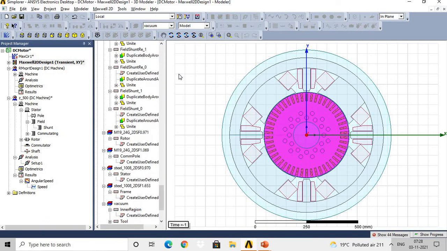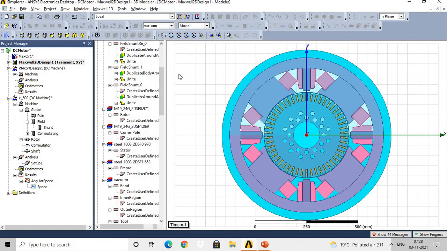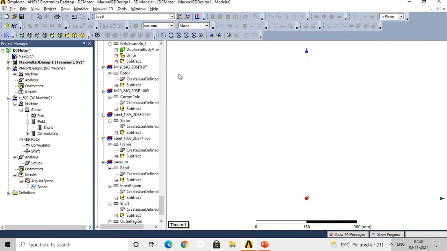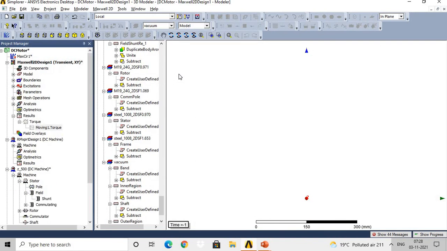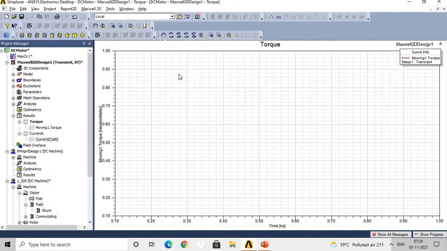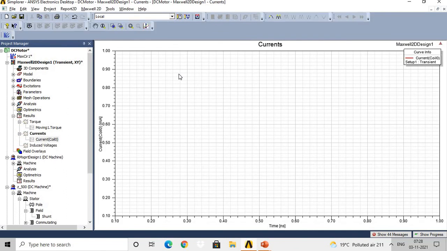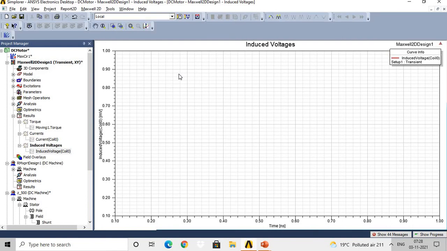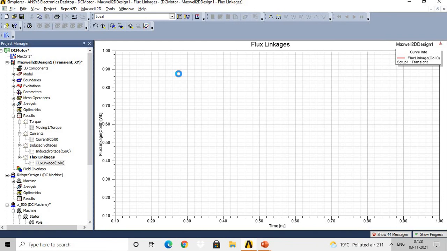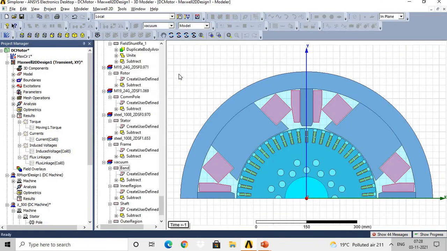See, in case of Maxwell, once you convert this model into Maxwell 2D or Maxwell 3D, then again you can simulate the Maxwell 2D and 3D design parameters. But for that purpose, you need to do the excitation, select the boundaries of this machine, and select the mesh operation of the machine. For the 2D and 3D model analysis purpose, I have created a separate video under this channel only, in which I have demonstrated